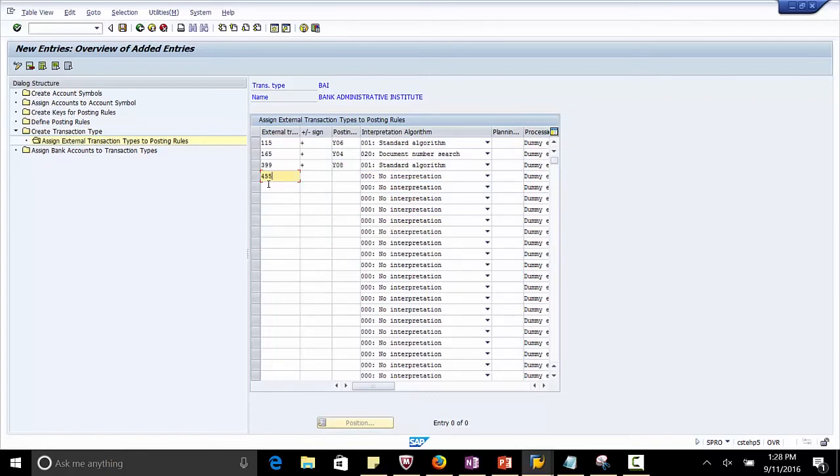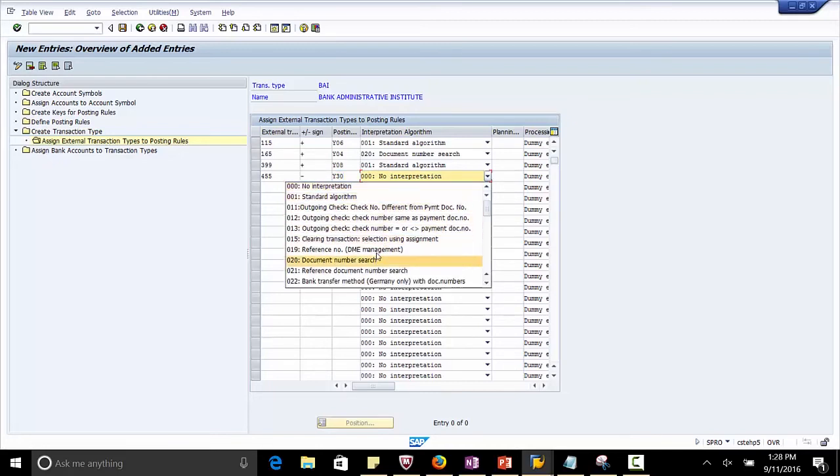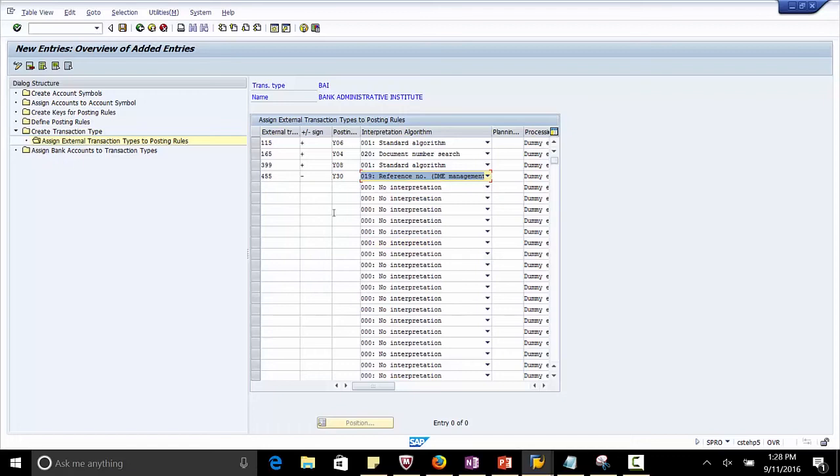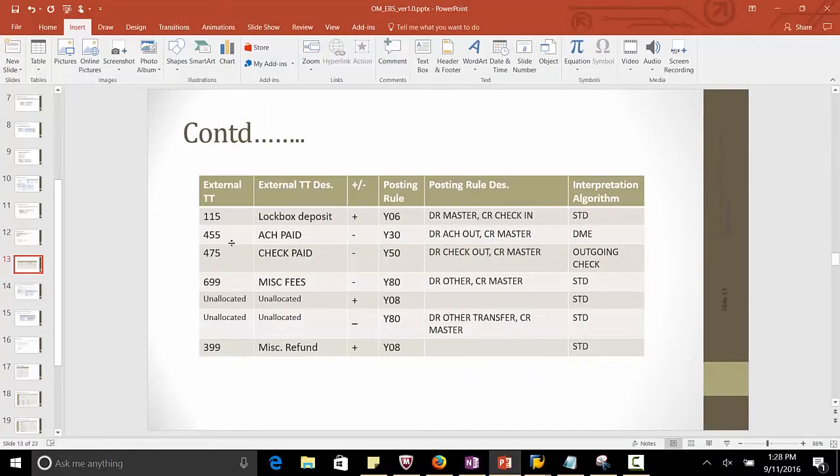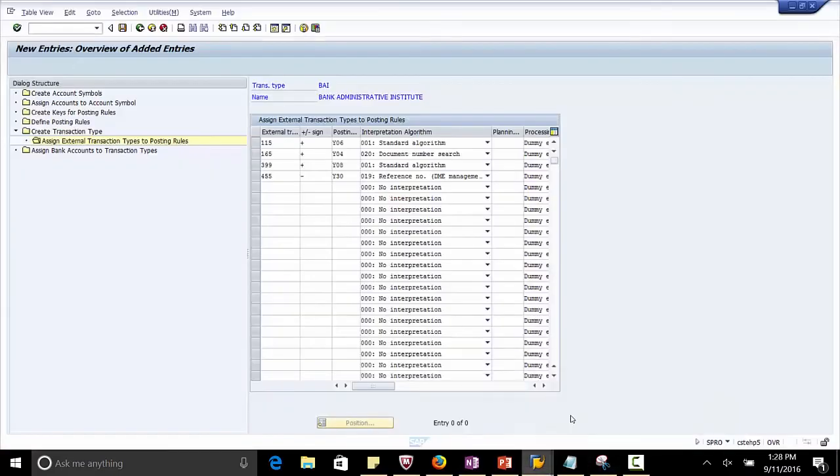Transaction 455 minus, Y30 is the posting rule, and we take the reference number, that is incoming check, incoming ACH 455. What is it? Let's look at 455 ACH payment. For that we are using the algorithm 019, and then